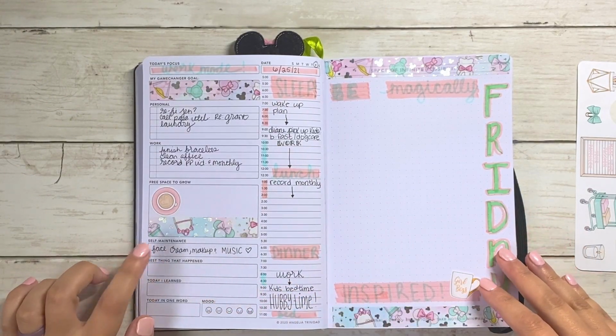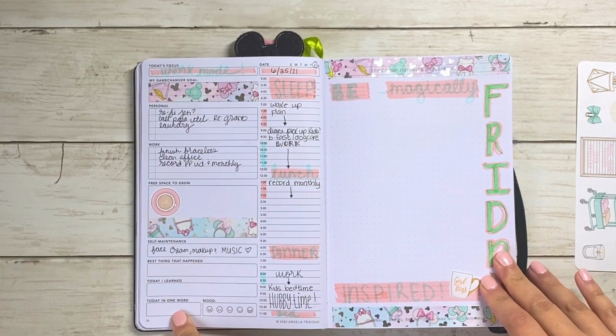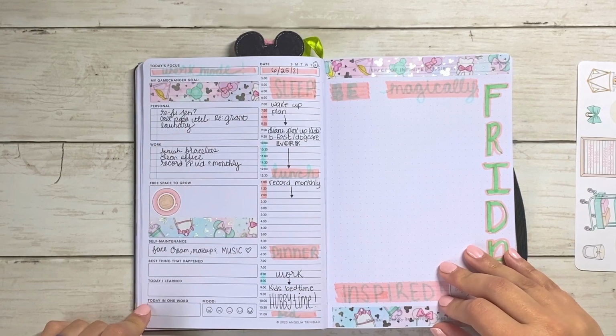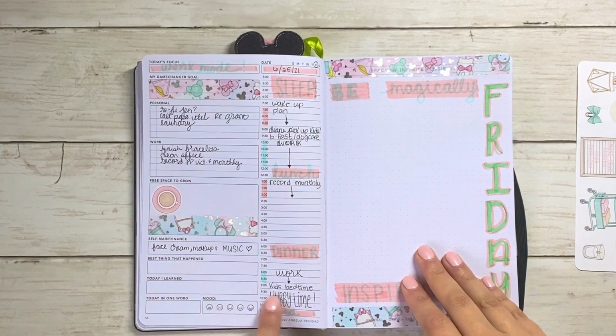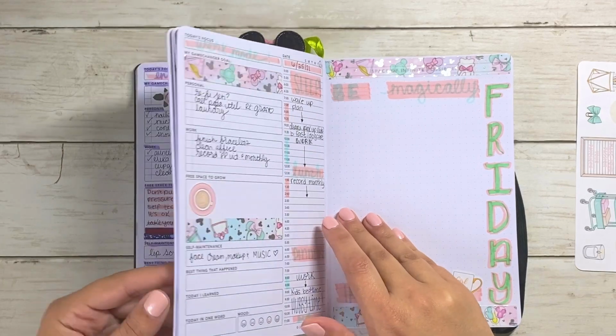So now that we've done that, these sections are for at night. When your day is done, you can go back and reflect. So the best thing that happened to you today was, what did you learn today? What was today in one word? Like what was the mood and how was your mood? You know what I mean? So for a couple of examples,